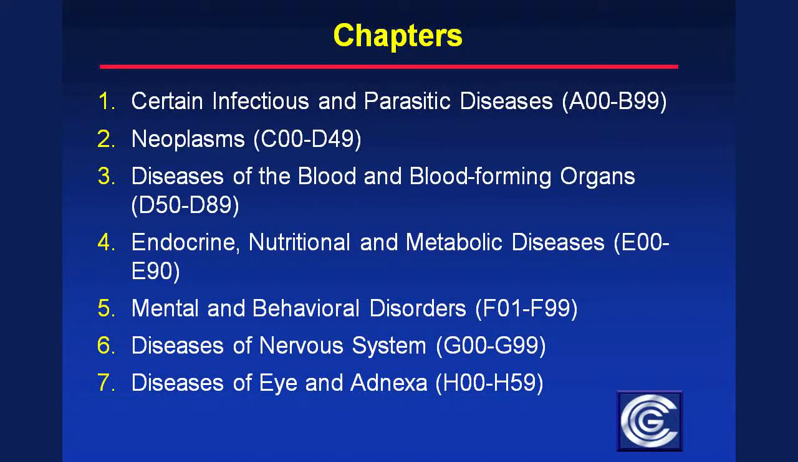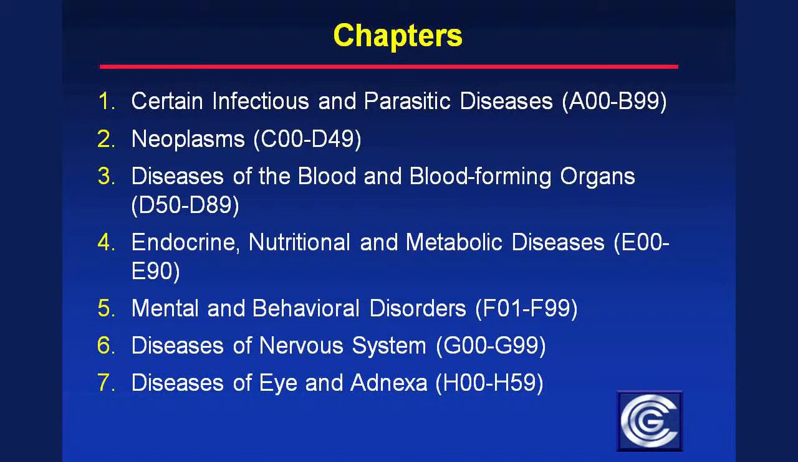There are 21 chapters in ICD-10. Ophthalmology and optometry will use many of the chapters and not just Chapter 7. They are Chapter 1, Certain Infectious and Parasitic Diseases, Chapter 2, Neoplasms, Chapter 3, Diseases of the Blood and Blood-Forming Organs, Chapter 4, Endocrine, Nutritional, and Metabolic Diseases, Chapter 5, Mental and Behavioral Disorders, Chapter 6, Diseases of Nervous System,